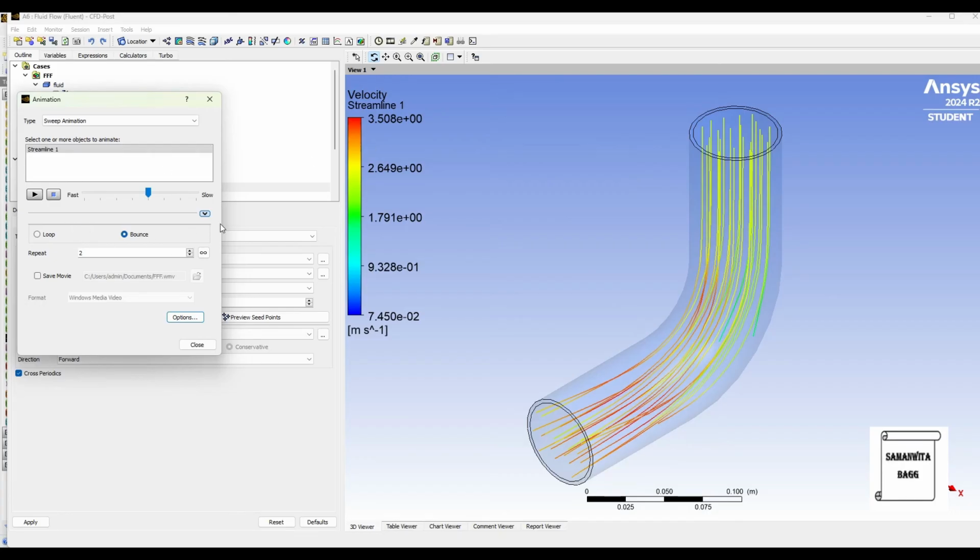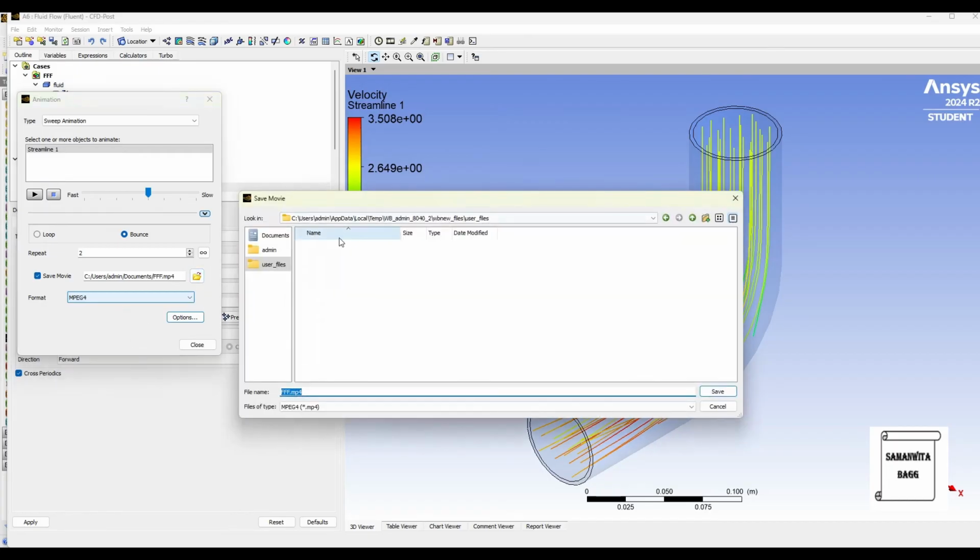And now if you want to have this in the forever form, you can click on repeat forever and this will continue. Now I'll show you one more option over here. That is, if you want to save this file, you can click on save movie. You can change the format to MPG.